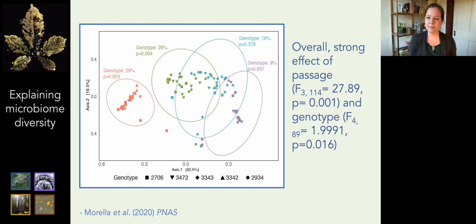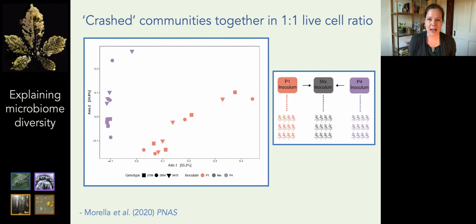Okay. So that was great and really convinced us that we're moving in the right direction. We are moving these microbiomes in a way, but again, it doesn't tell us whether they are adapted. And so to test that, Norma ran what we call our community crashing experiment or community coalescence experiment.